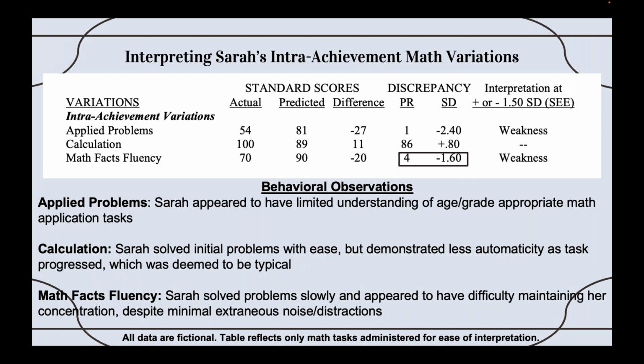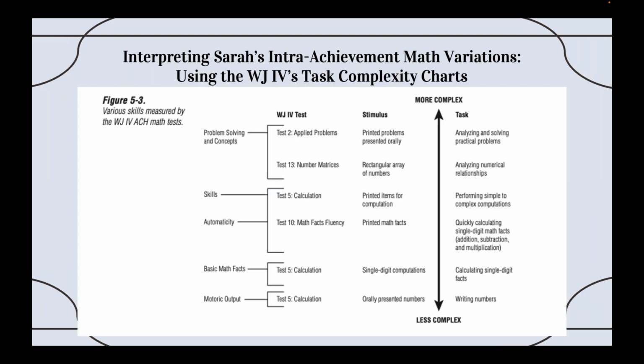So in this case, to sum it up, we see a personal weakness in applied problems and a personal weakness in math facts fluency. Now, after identifying these significant intra-achievement variations, both in math problem solving and math facts fluency, the psychologist consults the